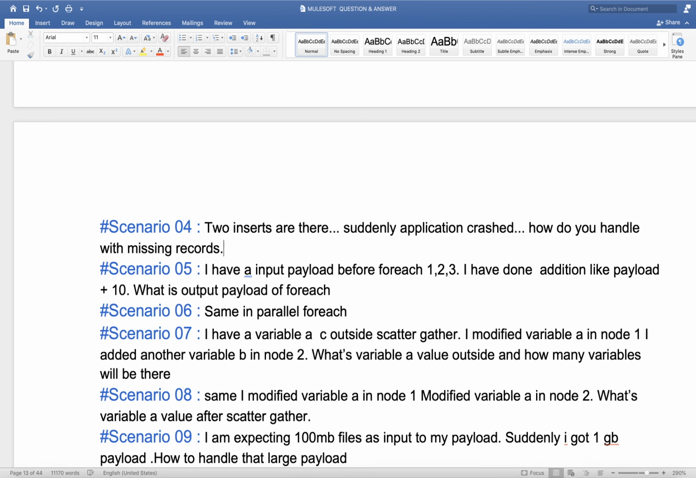Okay, now here we have another scenario. Two inserts are there, suddenly the application crashed. How do you handle the missing records? Okay,